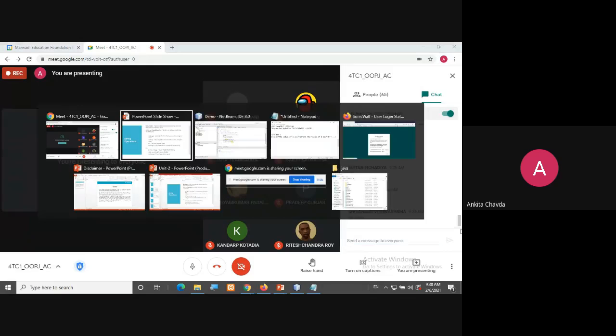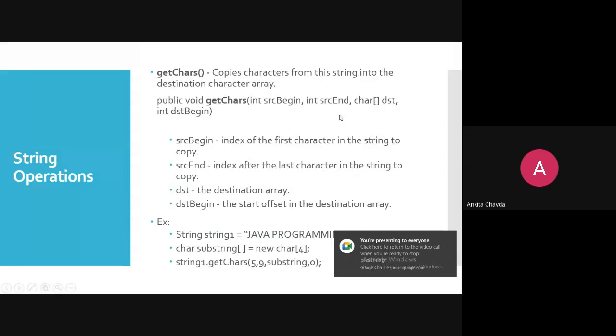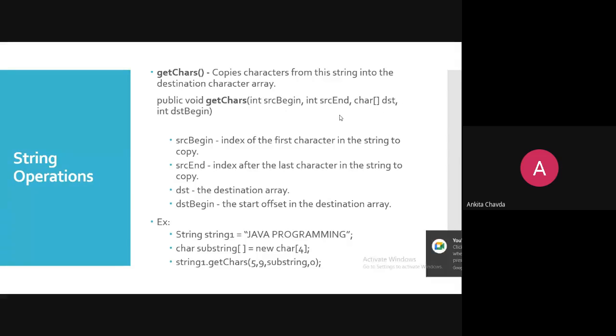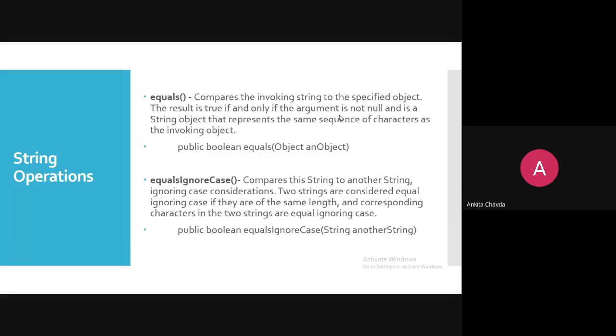Fine. So this is what about the getChars. Now here equals. Equals method is very easy to understand, right? It will simply tell you whether string 1 and string 2 are equal or not. It compares the invoking string to a specified object. The result is either true or false, so this will return boolean.